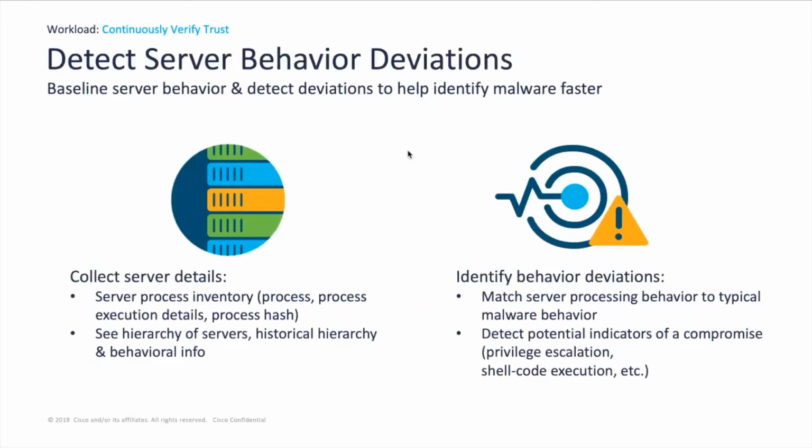But either it being small packets or large packets or a web server or whatever it might be, we need to be able to identify, not just from a network perspective, but down to the server details of the processes the server is using, right? How things are being executed, what hashes they're using from an application, how those servers are communicating with other applications within the actual same server or a group of cluster servers. And if we see deviations outside that realm of reality that it's doing, I want to be alerted.